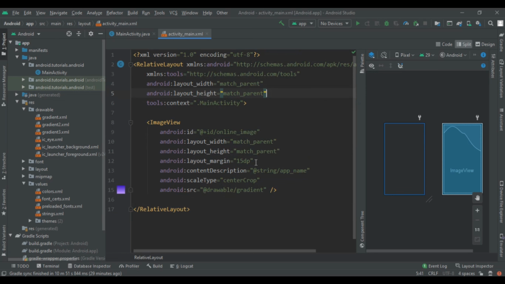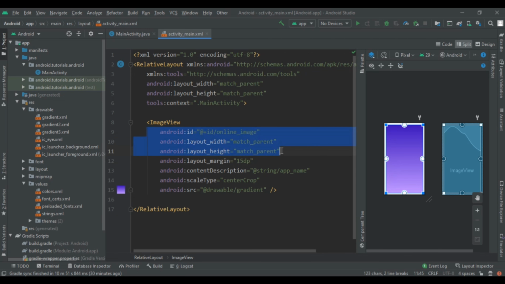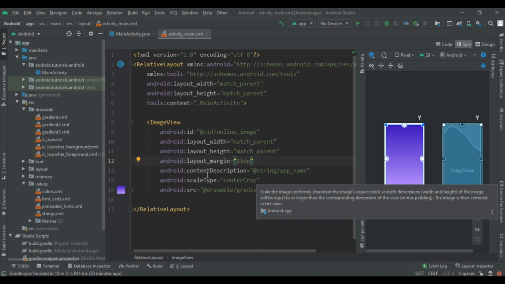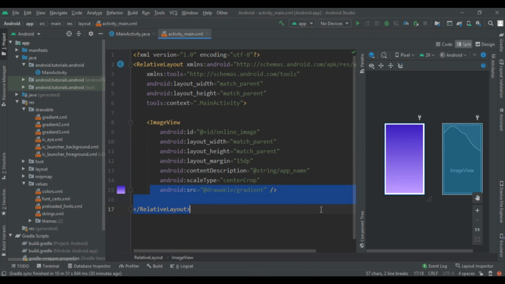After that I am going to add one image view, and in that I gave it the ID online image, and its width and height is match parent, with a margin of 15 dp, and then added a content description, that is app name, and then set its scale type to center crop.